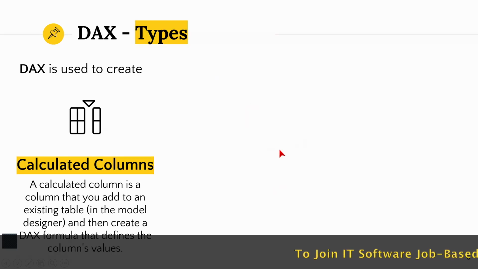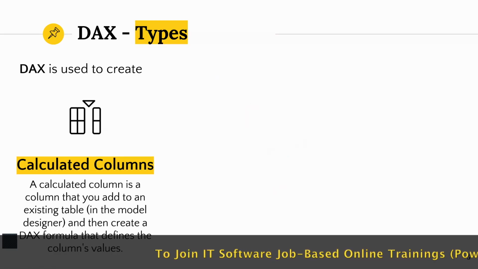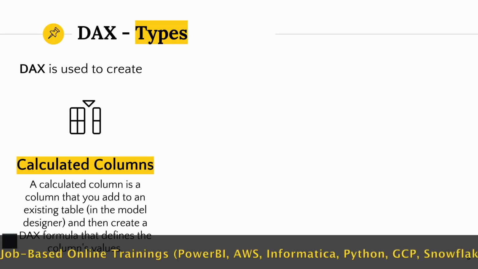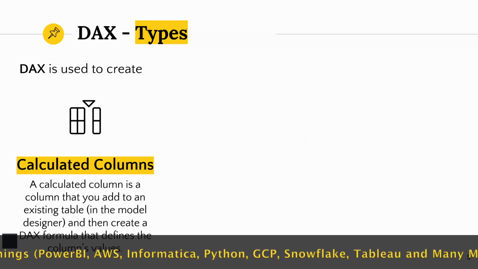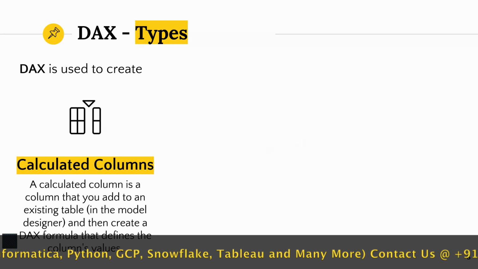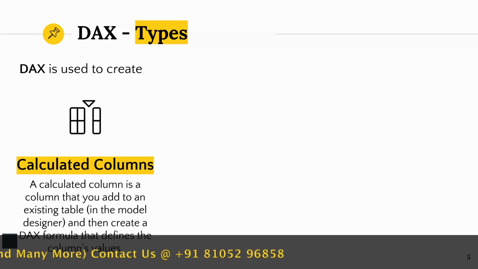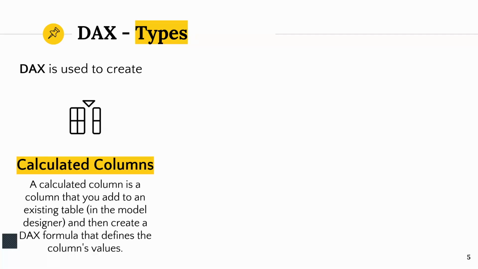And these are very helpful because you will be working on derivations. You'll be extracting some information. Let's say you have data from the last 10 years and you want to extract the last 1 year's information. This is where DAX comes in. You are narrowing down your searches, getting to those levels of detail and then pulling that information, and that's how DAX works. So you would be deriving some details in a column-based fashion.